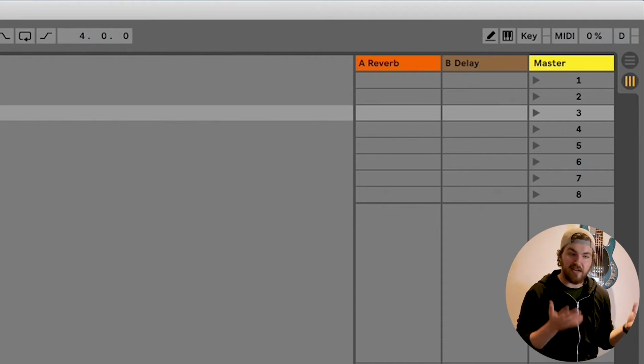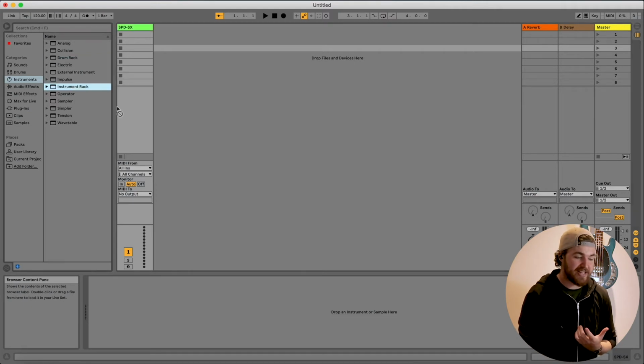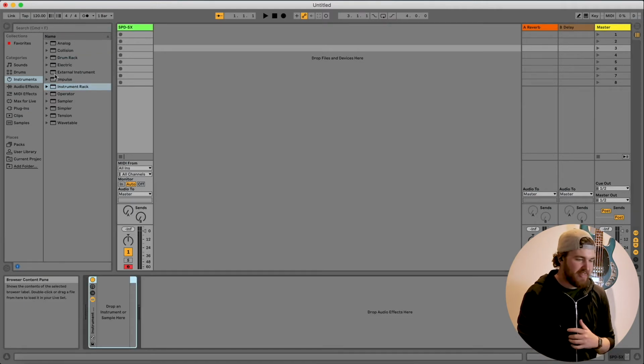That means MIDI signals coming in, which is really good. So our MIDI track, I'm just going to rename it with Command R, SPD-SX. And I spelt it right. So that's good. So in here, all we're going to do is drag an instrument rack and then a drum